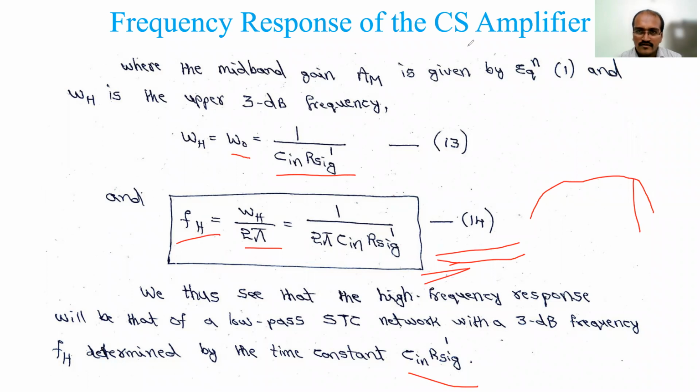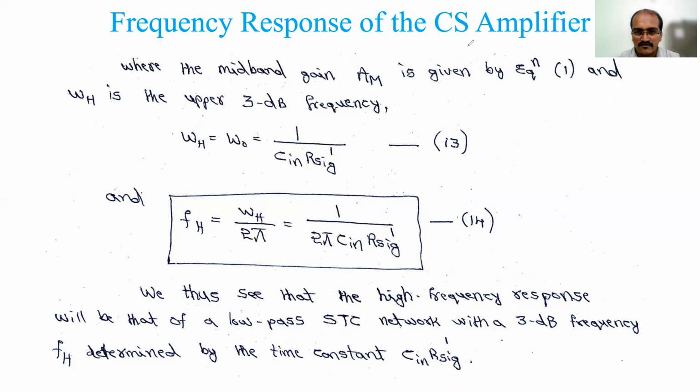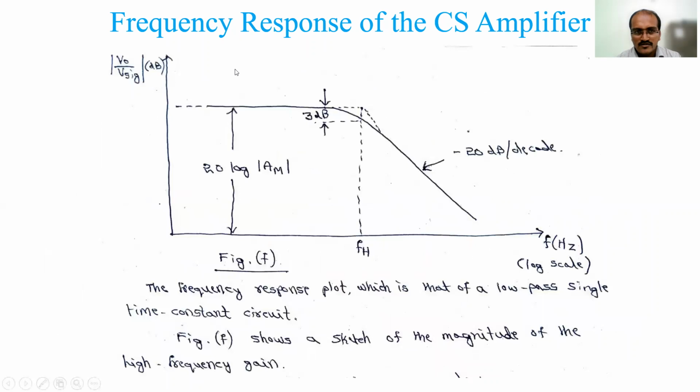Now we'll see some observations of what we have discussed so far. This is the high frequency response we call it. It is not shown completely, only the FH part, so the graph will end here. If you draw it as a straight line, it looks like a triangle. This edge is going to cut at the 3 dB cutoff frequency, and where it touches the x-axis, that we call FH.